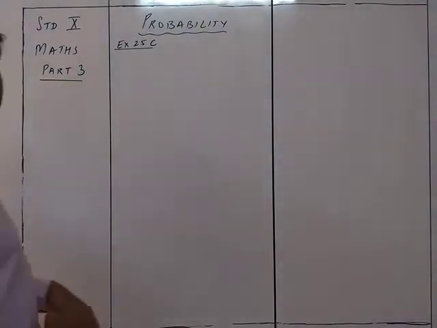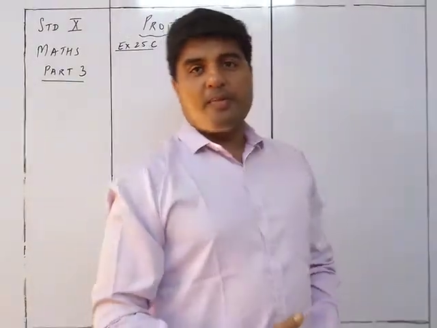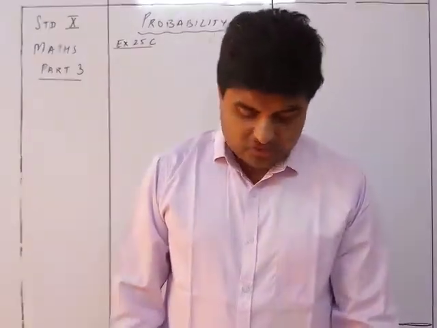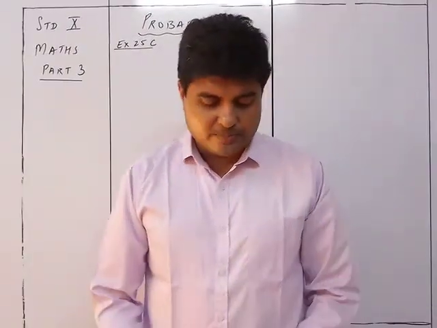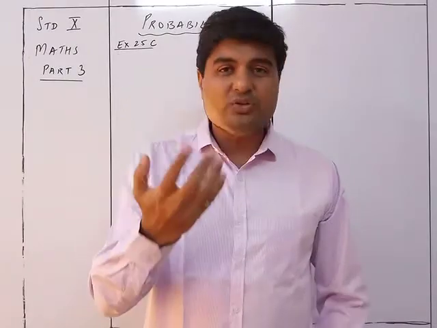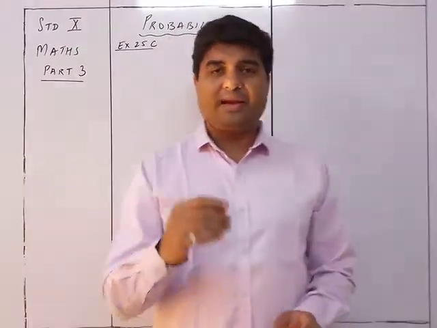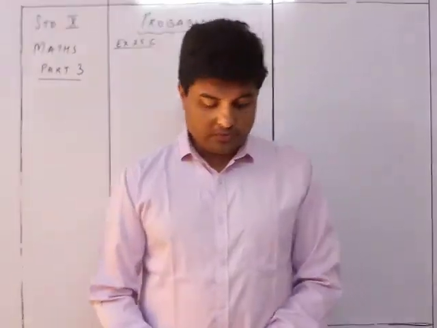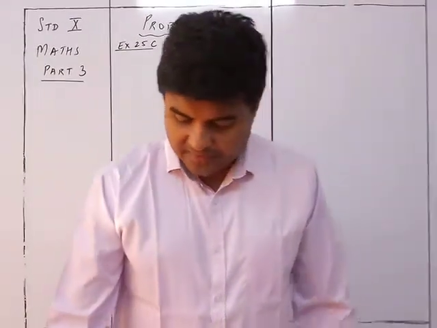As such, I said in the last video that I am ending the probability chapter, but because exercise 25C has many sums, I thought I will just help you out with some of them, so that we can do the alternate sums over here, but not completely. I'll just write in short about those things so that it is helpful to you all. So we start with the alternate sums.